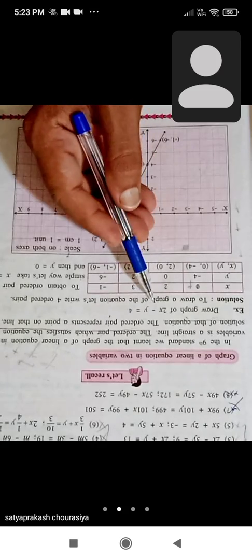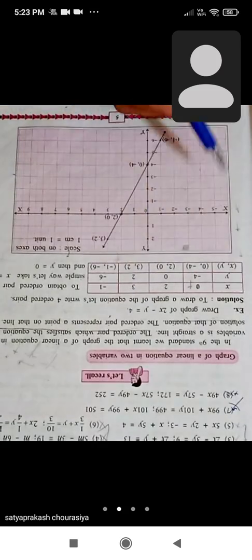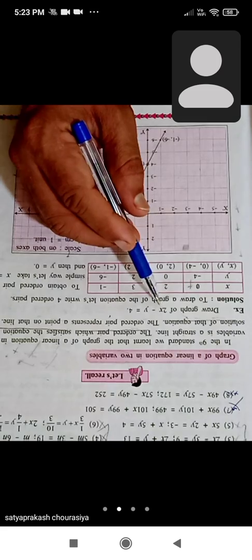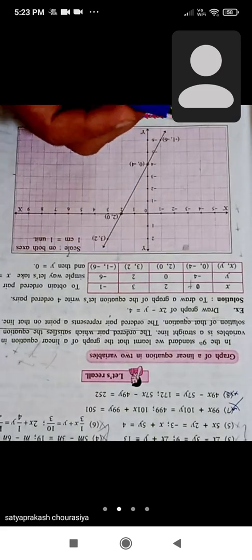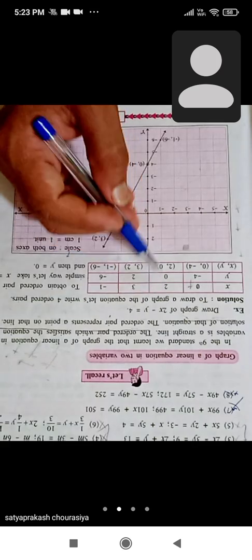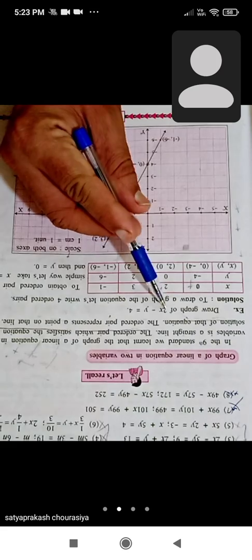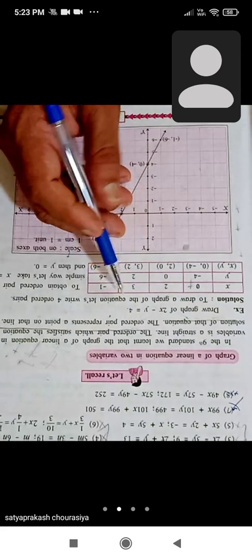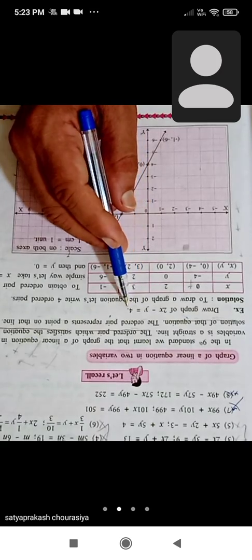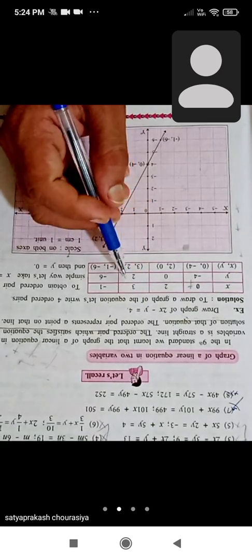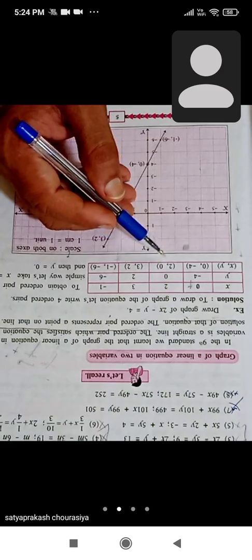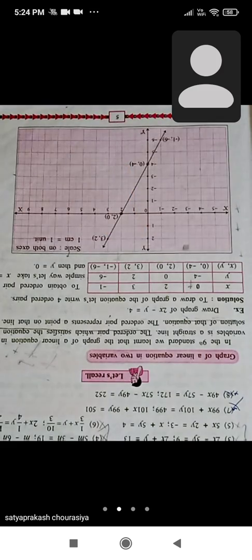And second, when you take the x value equal to 2, so 2 into 2, because 2 into x is the first term, so 2 into 2 is equal to 4. And here, when you bring this 4 to the right hand side, 4 minus 4 becomes 0. So here you will get minus y is equal to 0. It means y is equal to 0. Now here we will not put any sign before the 0, because 0 does not have any sign, remember this.